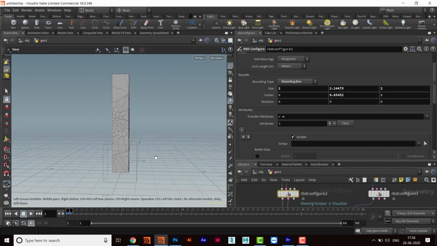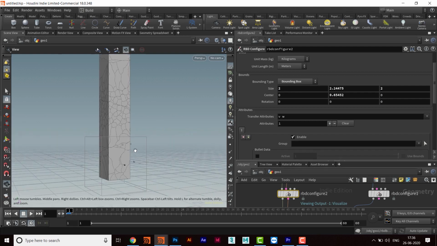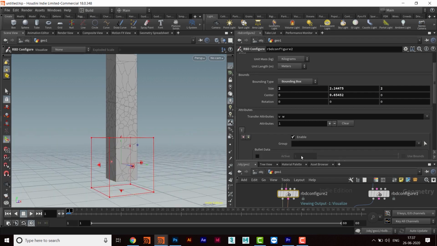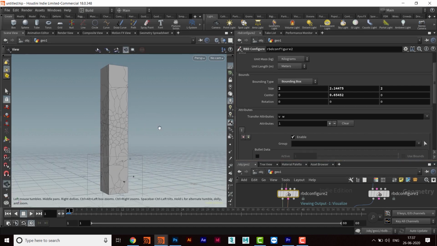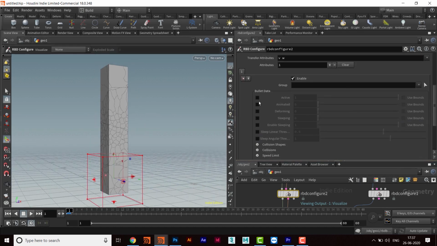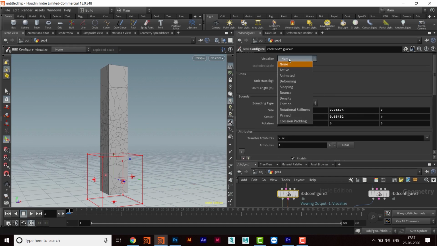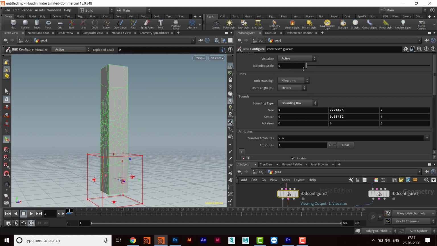Okay, so I want to keep this part static and this part active. So I'll come here and click add the active, and then I'll see by visualization which part is active.